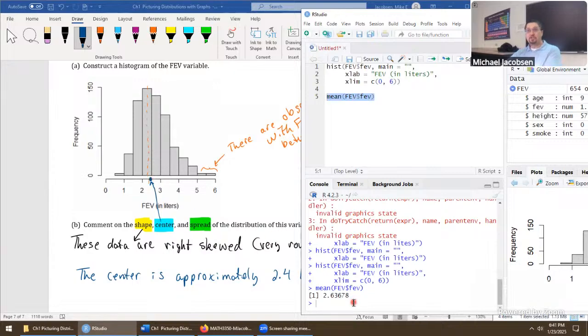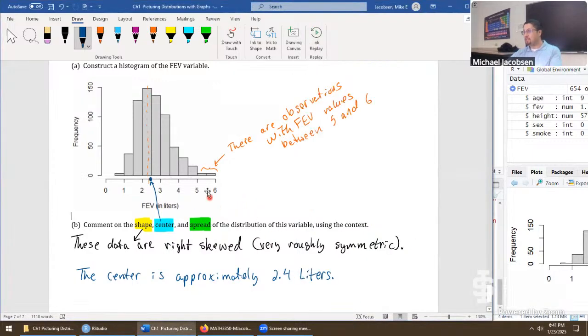The reason the mean is 2.6 liters is because we are skewed to the right on this data set. It took the sample mean and pulled it to the right at the same time. It's making the sample mean not a great measure of the center. So what we pick out visually really looks like more the median, the 50th percentile of the data set. But let's go on to the next one, the spread, and go from there. Any questions so far, folks, with either of these values?